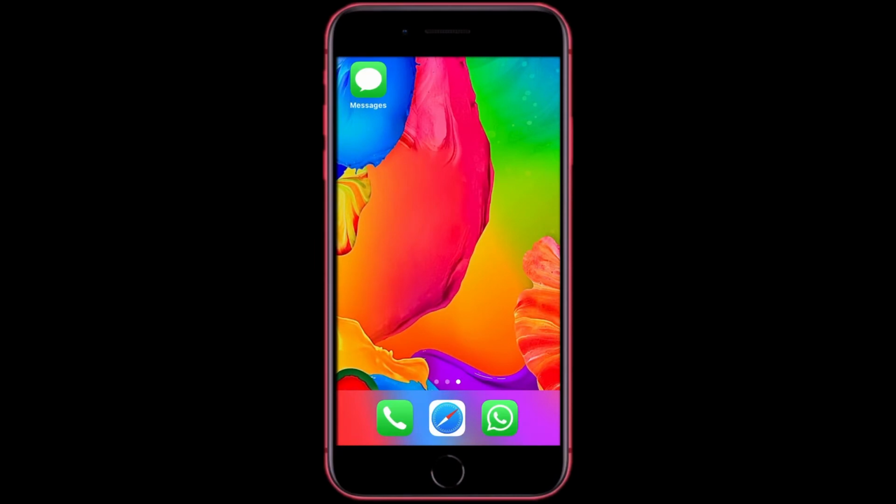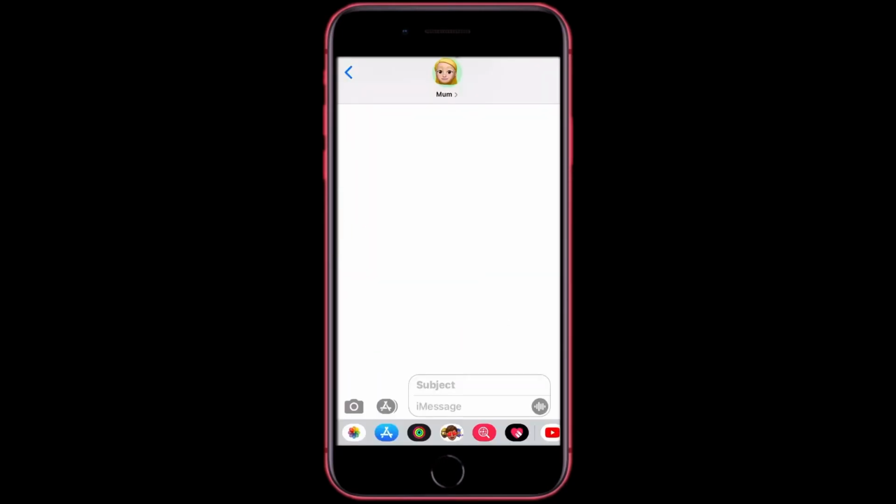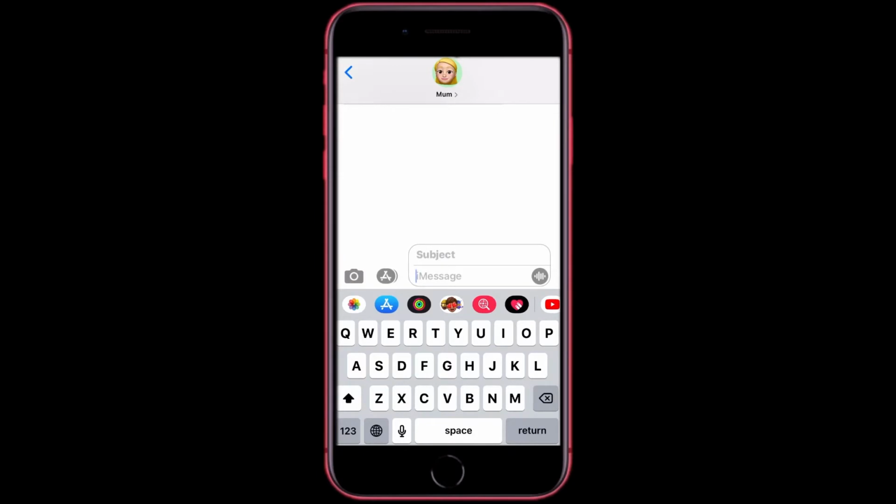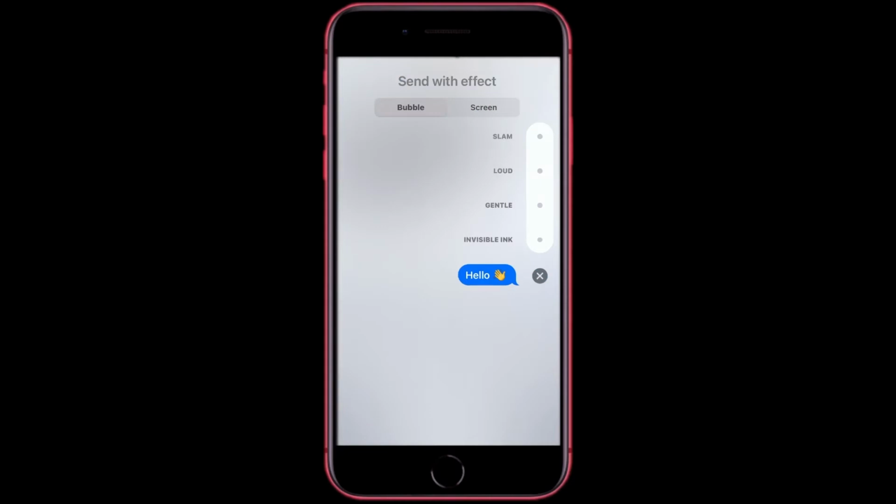First, you want to go into iMessage. Then you want to choose a contact. Then you want to open the keyboard and type what you want to say. Once you have typed what you want to say, you want to hold down on the send button until it comes to this. When you send an iMessage to another Apple user, you can send it with different animations or